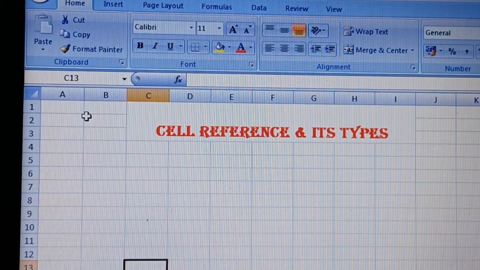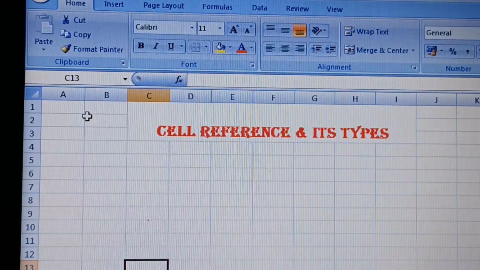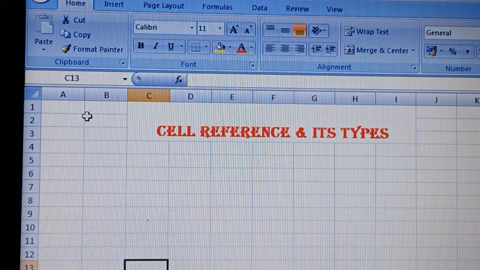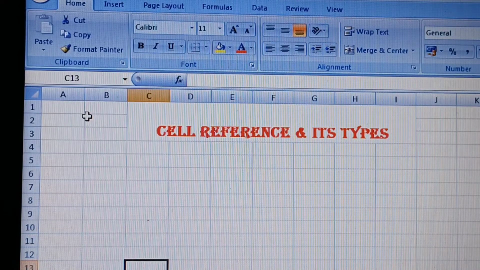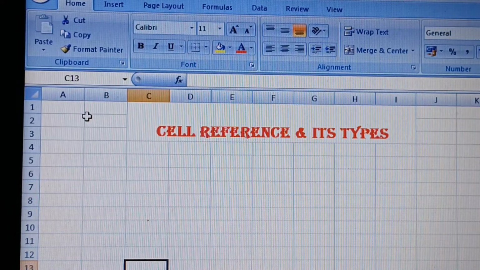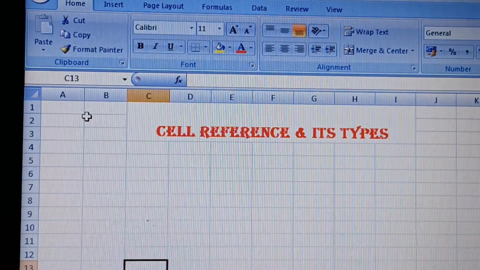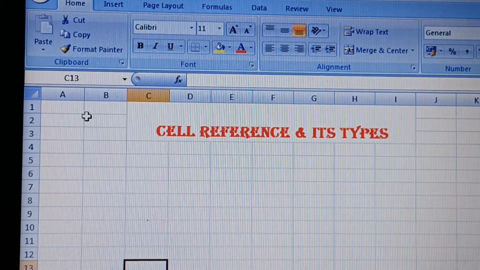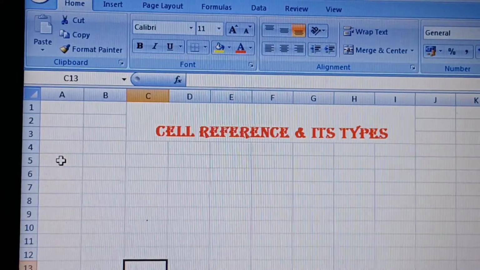Okay, so cell references are of three types, mainly three types. First one is the relative reference, second is the absolute reference, and third is the mixed reference. Okay, relative, absolute and mixed reference. So today in this video I am going to discuss firstly the relative reference. What is relative reference? Suppose